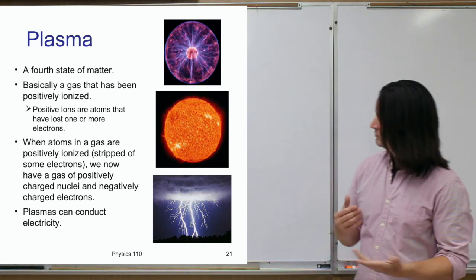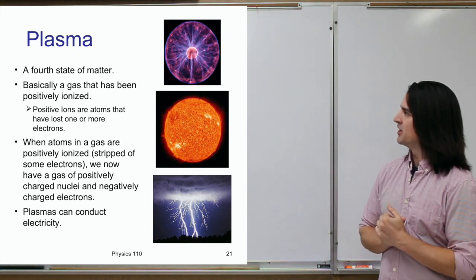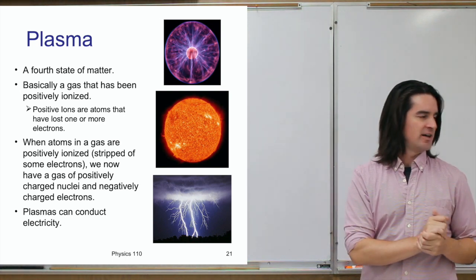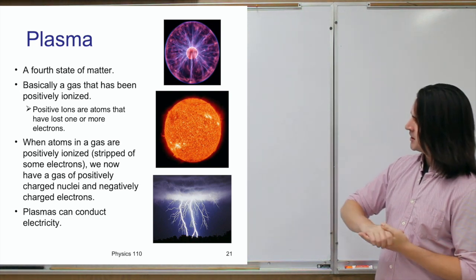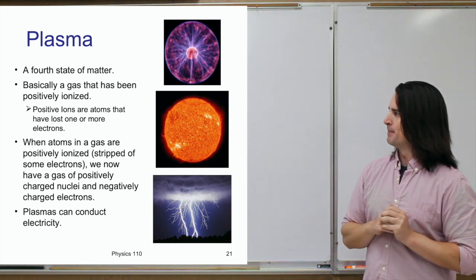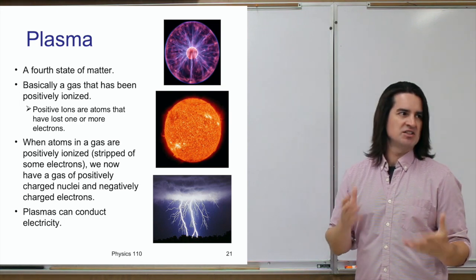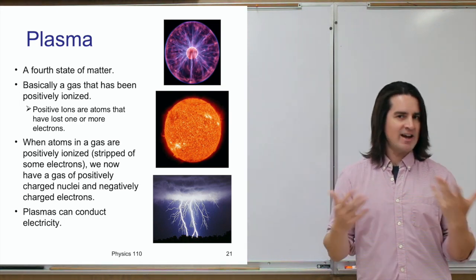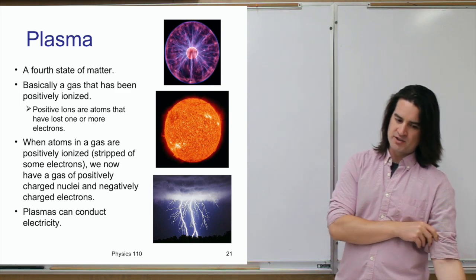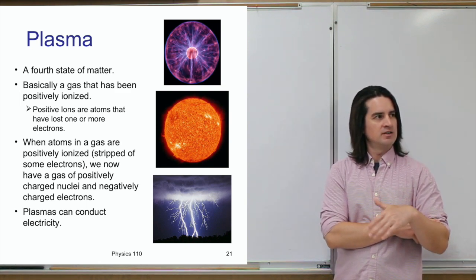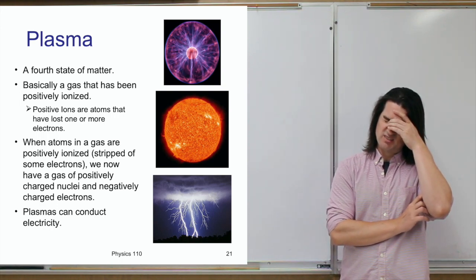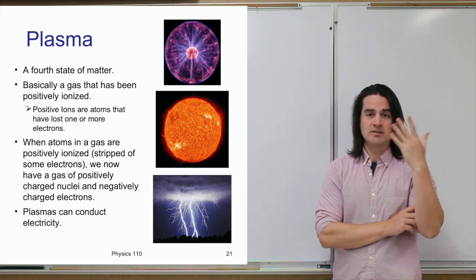All right, so to wrap this lecture up, as I mentioned, we'll tell you a little bit about plasma. Plasma is the fourth state of matter. The easiest way to understand it is that it's a gas that has been ionized. So if you recall from the lecture about atoms, the atomic nature of matter in the universe,